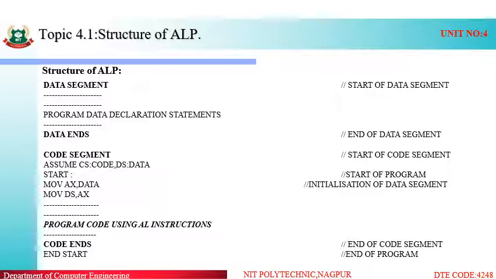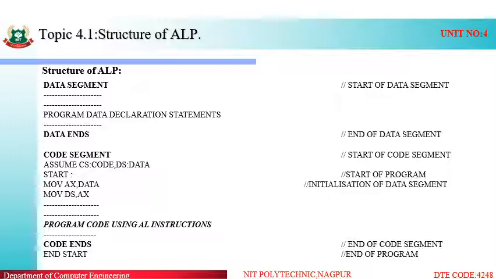Inside the data segment we have to define the data like variable name, then assembler directive, that is dd, db, dw, etc. Those are the program declaration statements, and we have to end the data segment with the help of the ends assembler directive. And which segment is ending? Data. So we have to write data ends. So this is the structure we have to follow while writing every assembly language program.